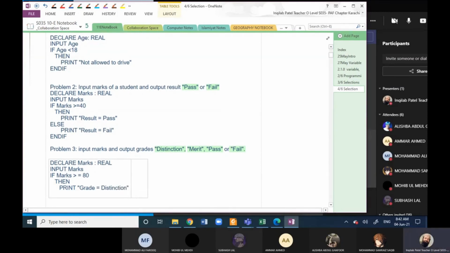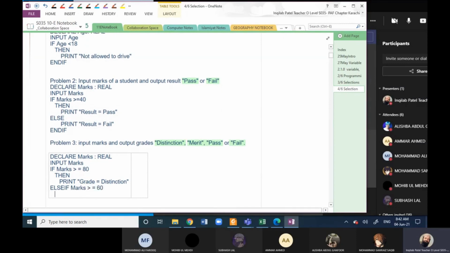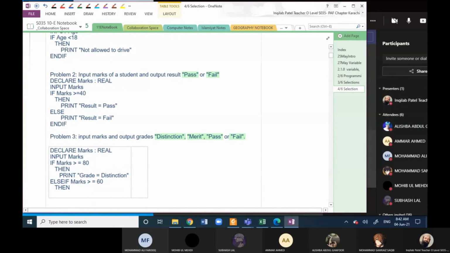Then we will write another condition: else if marks is greater than or equal to 60. Suppose for merit 60 percent is required, then print grade equals to merit.